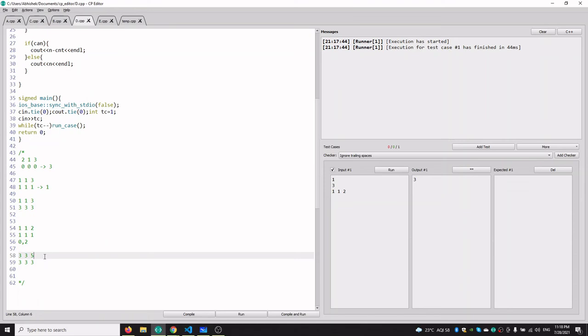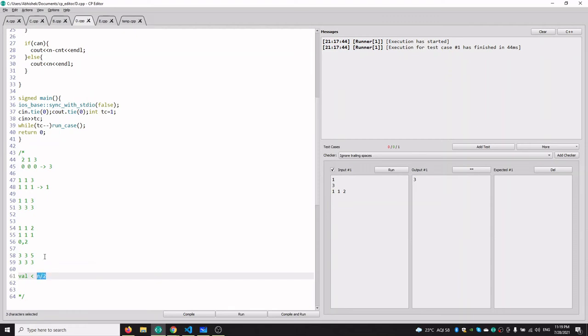So what the concept is, the minimum value that we are trying to achieve in the final array should be less than n by 2.